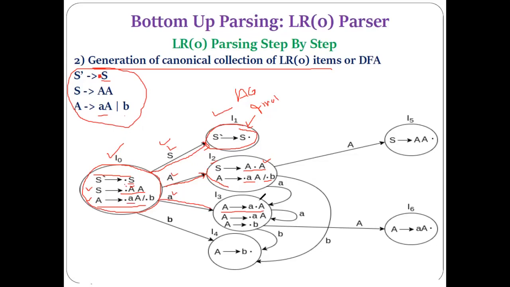Now is the closure operation required here? Yes, because the dot is present to the left of a non-terminal. So here we apply the closure operation, and after applying the closure, you have to add the productions related with this non-terminal A. So the productions related with non-terminal A are these: A derives dot AA, A derives dot B. Is the closure operation still needed? No. So this state also gets completed.